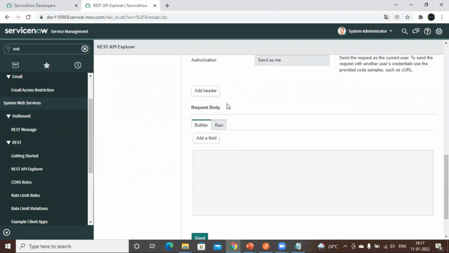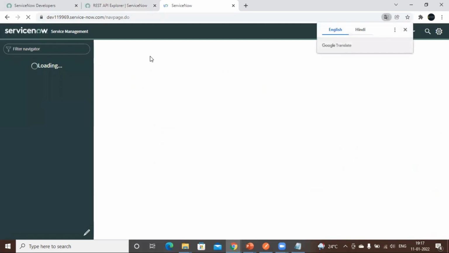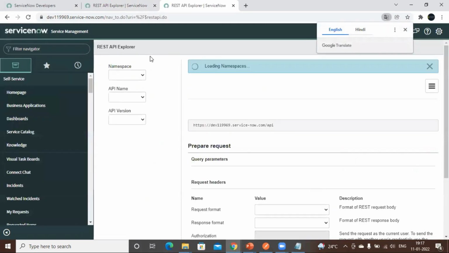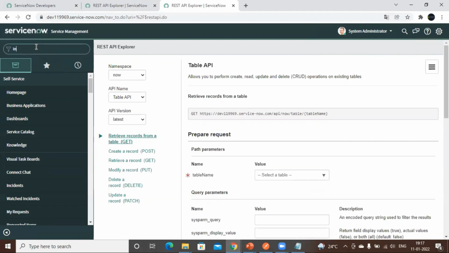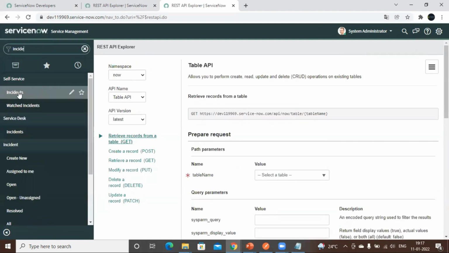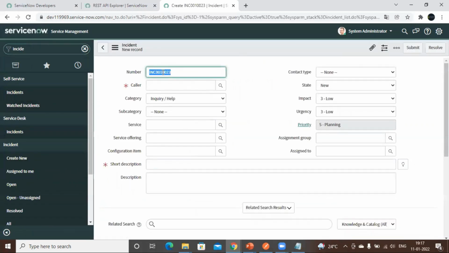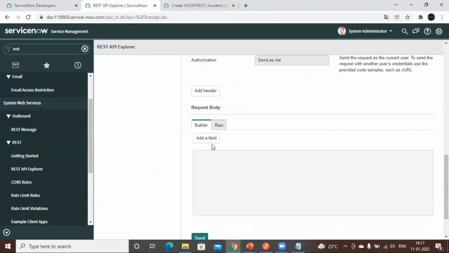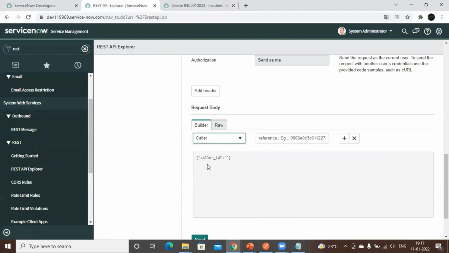Now we need to add the field. So let me open this once again. We will select some field. Okay. So this number will automatically come. Now this is the color. We need to select this also. So I'll go here, and if you click on add field and write color here,